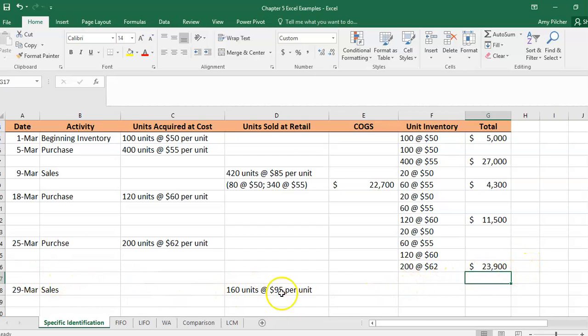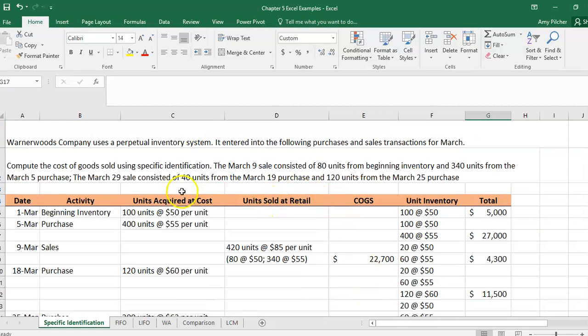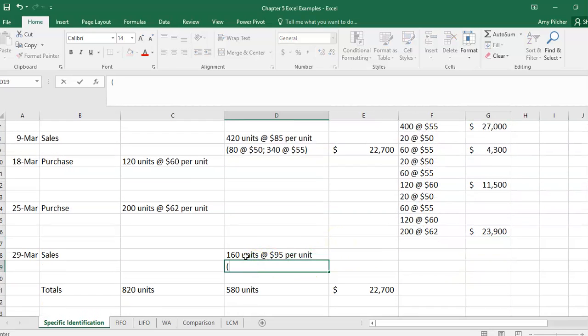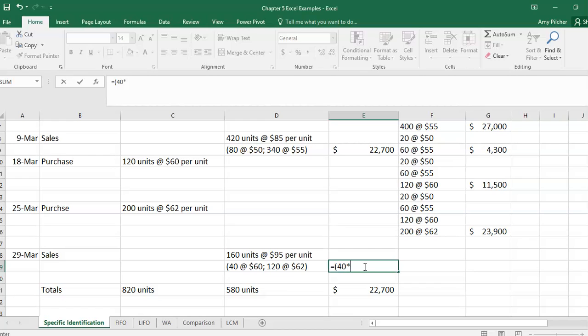On March 29th, we sell 160 units. It tells us that that sale consists of 40 units of the $60 per unit and 120 units from the March 25th. So this is 40 at $60 and 120 at $62 each. So our cost of goods sold for this sale is 40 times 60 plus 120 times 62, or a total of